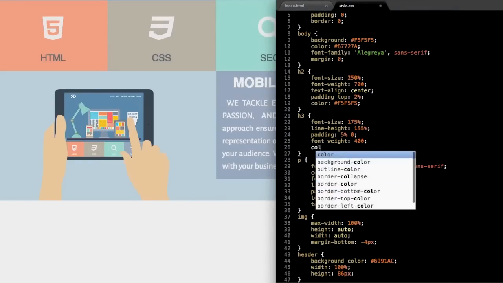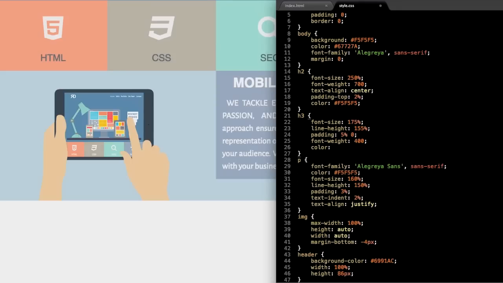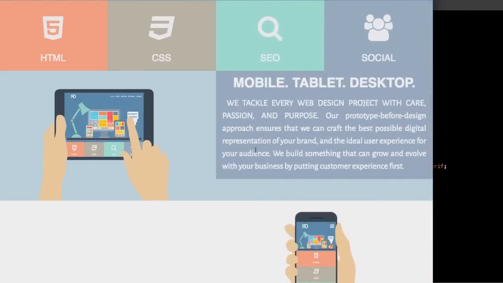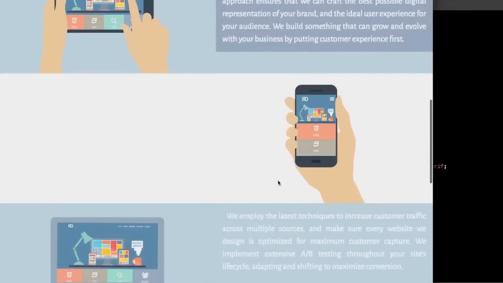Let's just add the white to the H3 too, so take care of it now. So the 1/4 columns will look like the original. Okay, F5F5F5, and then save, refresh, and now we have all the text displaying in